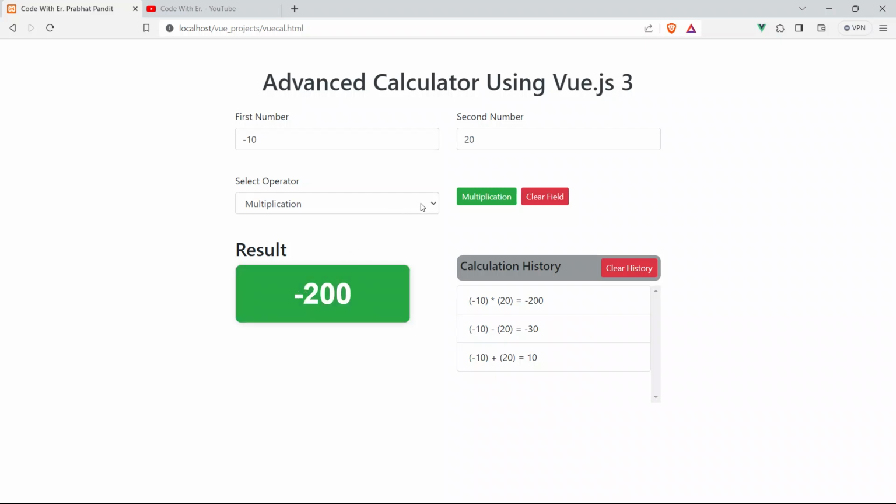Okay guys, the moment you choose the operator from this drop down, you are going to set the result to 0 again. Just choose division, and see, boom guys, the result is set to 0, the button background color changes to yellow, and the text also changes to division. Now just click it. You can see here -10 divided by 20 equals -0.50. In the calculation history also, you will be able to see -10 divided by 20 equals